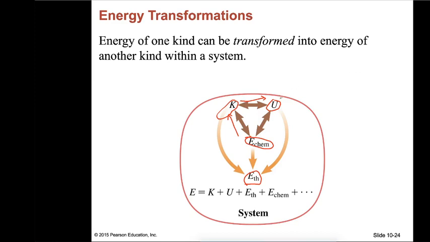So this is the kinetic energy converted into potential energy. And other energy types can also be converted or transformed into each other. But for thermal energy, other types of energy can be converted into thermal energy, but thermal energy cannot be transferred back. And the total energy of the system equals the total of all the types of energy. So that's why it's called total energy.